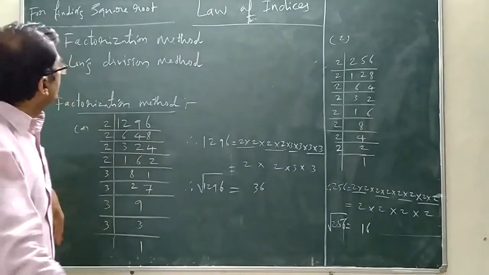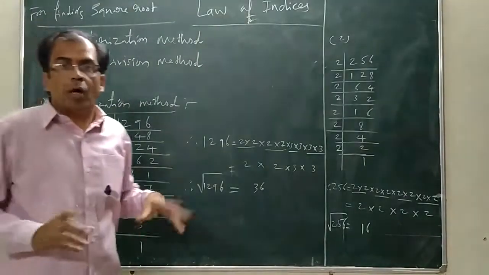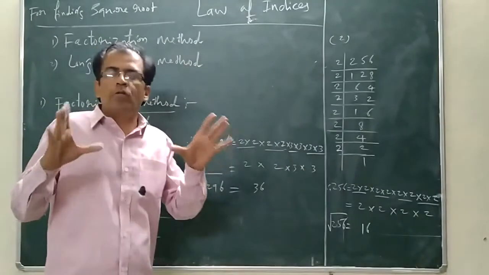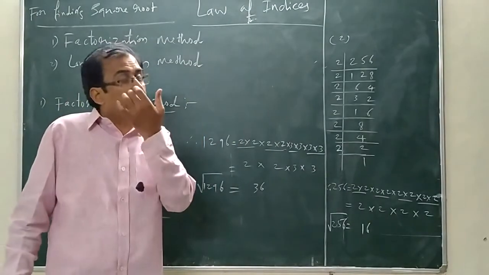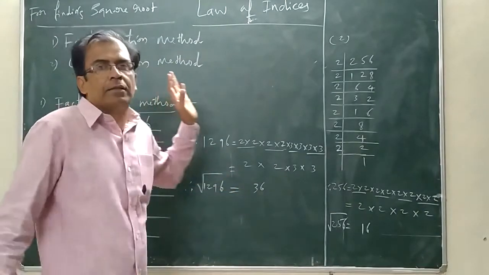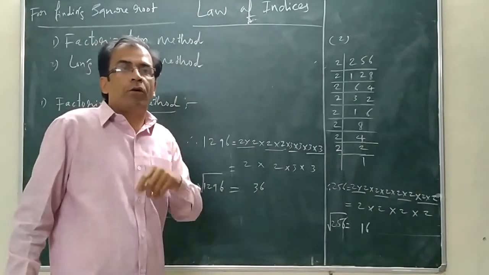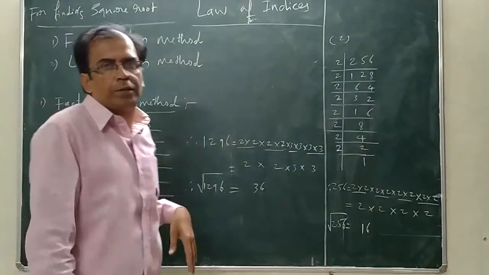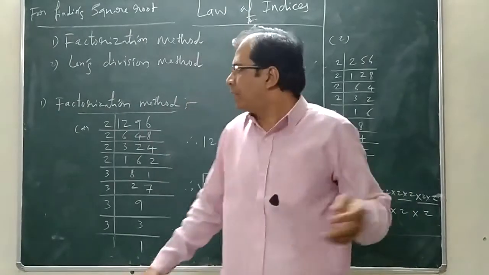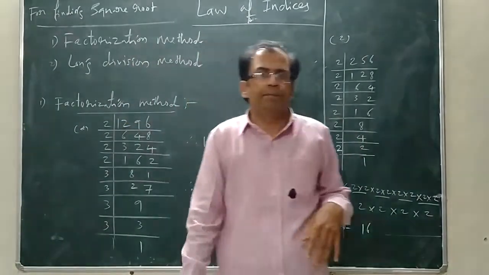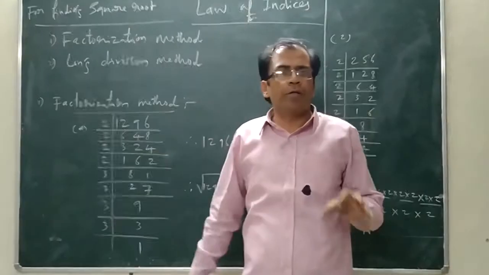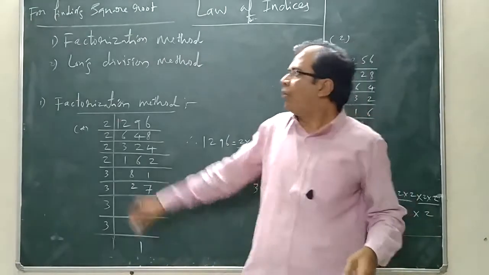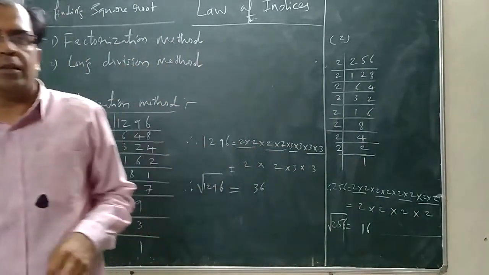But today what we are doing? Today we are understanding how to find the square root, because you know very well the meaning of the square as well as the square root. Today we are discussing finding the square root for the students. In that, we already have two methods. The first method is the factorization method, and the second one is the long division method. Both are very important. First we have to go for the factorization method.